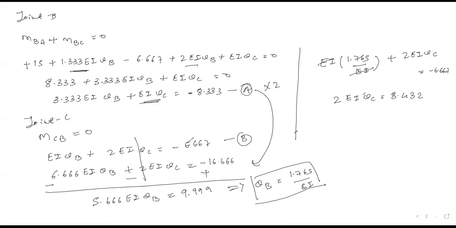Sir, is the value of theta b not negative? Yes, this is a negative one. Yes, this is negative. Okay, this will come negative. So 6.667 negative, a positive value is being added. 1.765 divided by 2, so we will get 2.451. Please check it. Sir, the minus sign